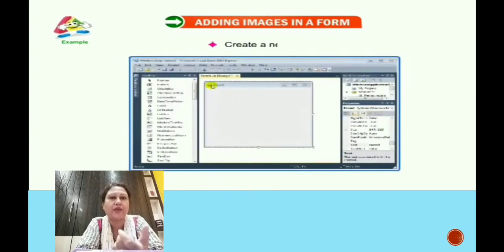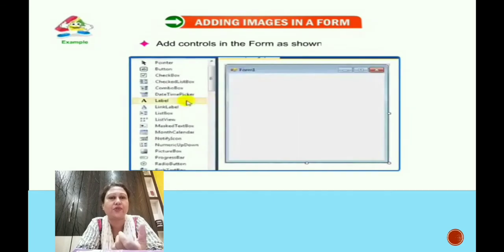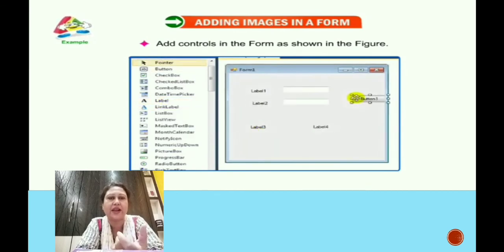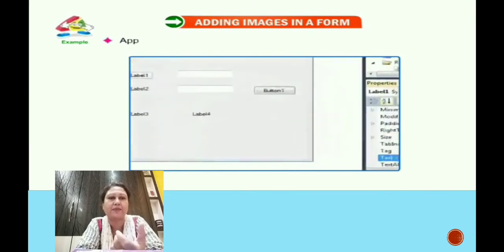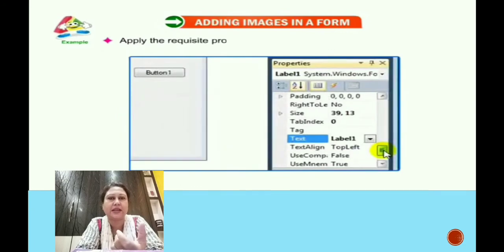Okay, so in the same way we have to create a new project, that is a new form. As you can see, a blank form will appear on the screen, and accordingly what we have to do is we have to again add controls there. Okay, so first of all we have inserted label 1, again we have inserted label 2, 3 labels we have inserted there. Accordingly the two text boxes are inserted and a command button is inserted in the form.